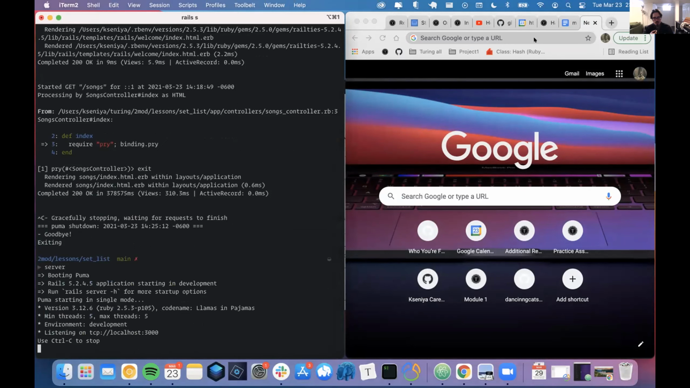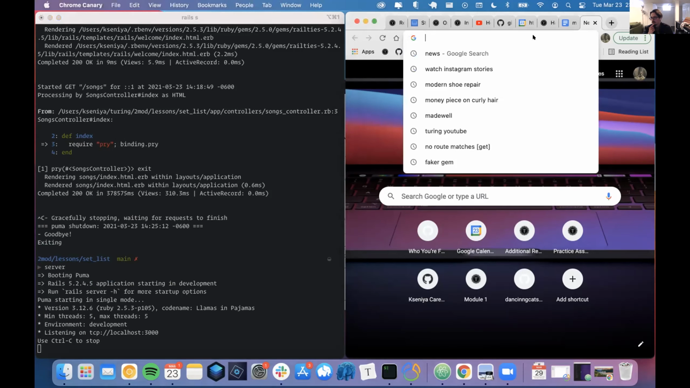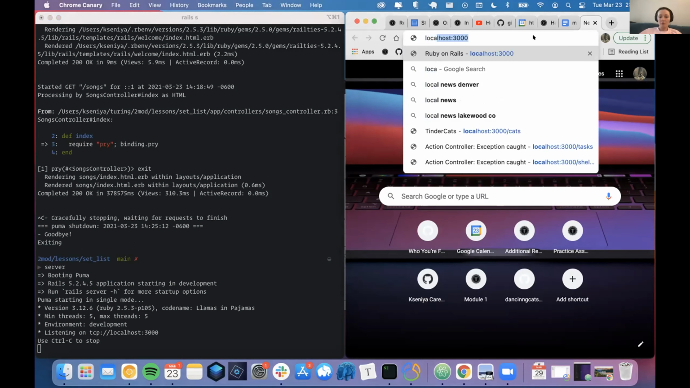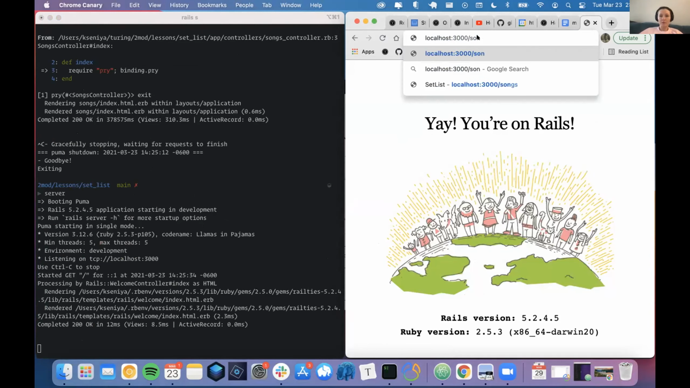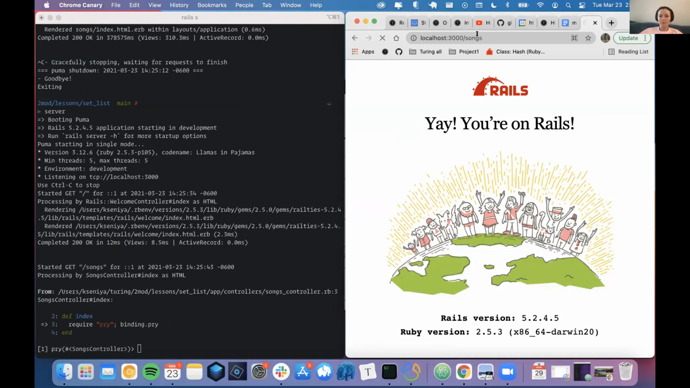Is server a shortcut that you have? Yeah, that is correct. Cool. So this is not going to fly. Is that correct? I always have to say /songs. Yeah, so if you take off the /songs again and you get to this "Yay, you're on